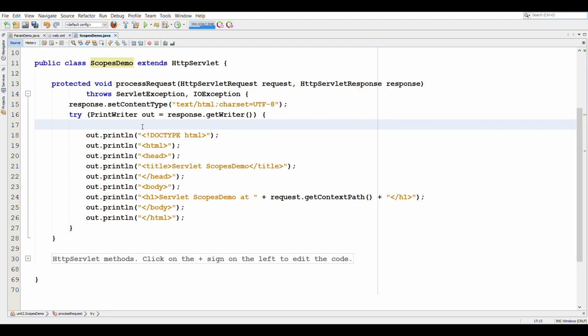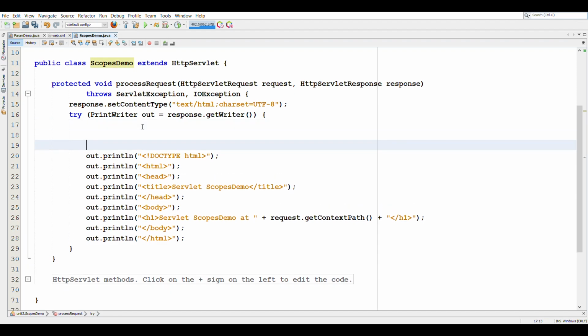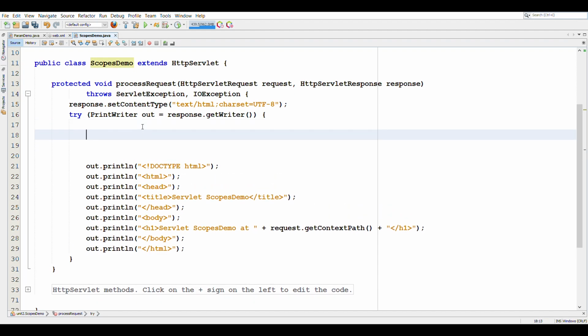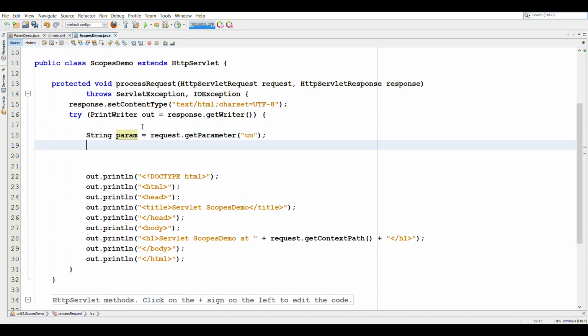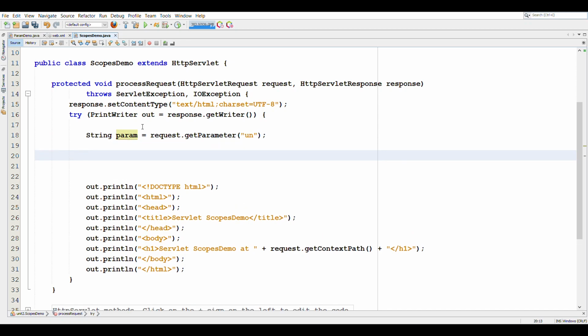For the value that we want to set, we will get a value which is present in the request using the request.getParameter method. Let's call this param. Let's say we have a parameter named un. Once we have this value of param, we need to set it in the request, session and context.